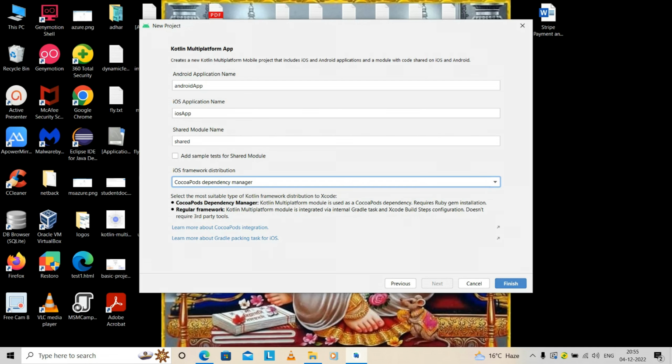If you have worked with iOS, you know what CocoaPods and this regular framework are. But at this time, if you want to change the name, you can just give the names. I will describe this in our coming sessions, but at this time you just go for a very simple